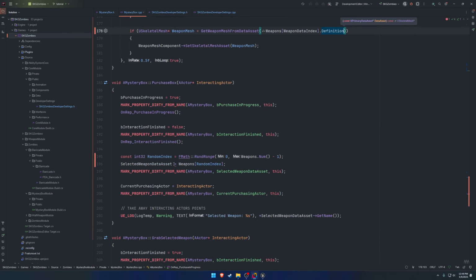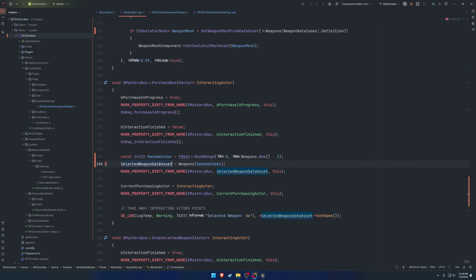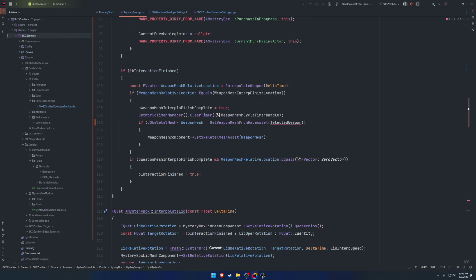So SelectedWeaponDataAsset equals weapon. And instead of doing the data asset, I want to change the SelectedWeaponDataAsset to SelectedWeapon and change the type to the FMysteryBoxWeapon. So that way we have the appropriate type. And I also need to do what exactly? Oh, and it is no longer a TObjectPtr as well. So we have our SelectedWeapon. We can change SelectedWeaponDataAsset, so basically every entry of it to SelectedWeapon, and start from the top and just work our way down